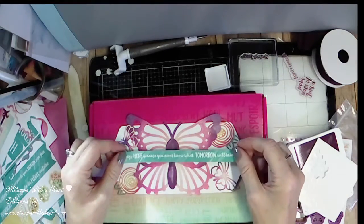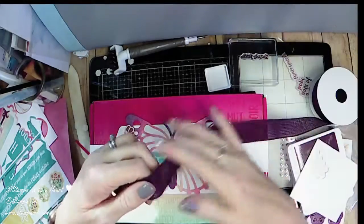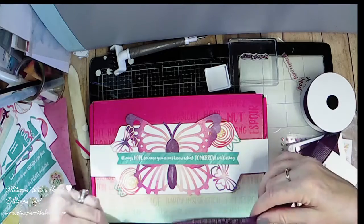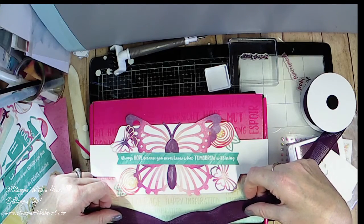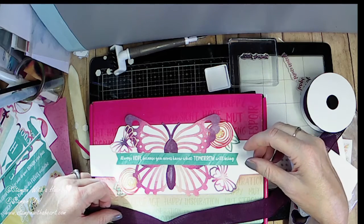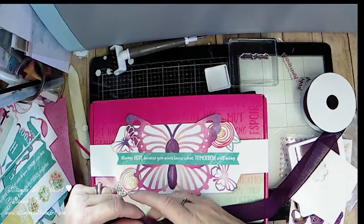So it can be your hope box. And there you go. And then the grosgrain, I don't know if it's grosgrain ribbon or not, but the beautiful soft ribbon is going to go behind all of this underneath to tie your whole package together. It's going to go underneath the butterfly, which I don't have there and don't